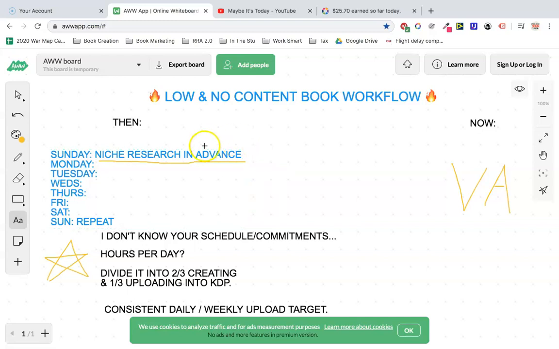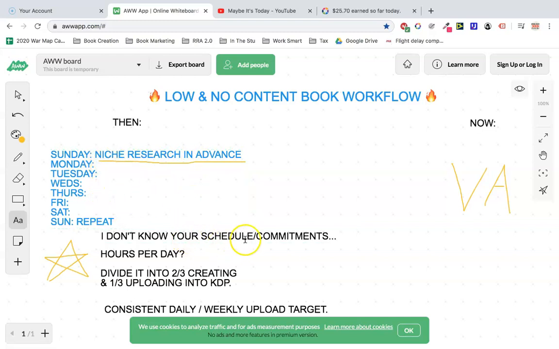On a Sunday, I would take all these niches, get enough for the week, and write them down in an Excel file. In the Royalty Accelerator course, I made the file for you, but you can just write them down on paper or do whatever you want to make sure you remember these niches for the days that are coming ahead, i.e. Monday, Tuesday, Wednesday, Thursday, Friday, and Saturday.